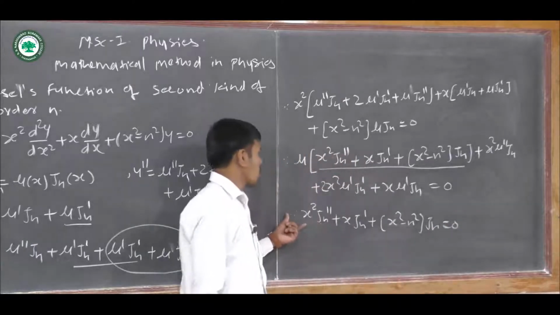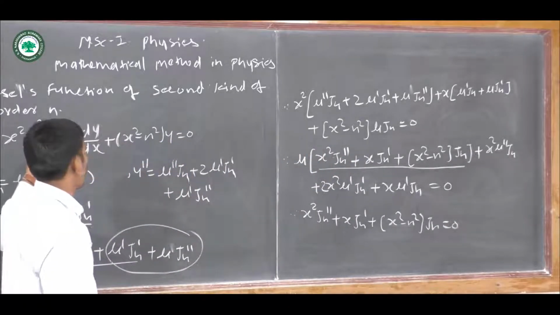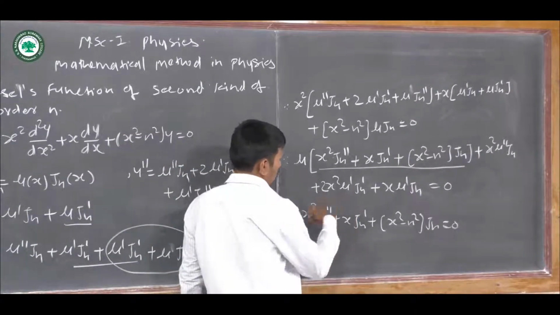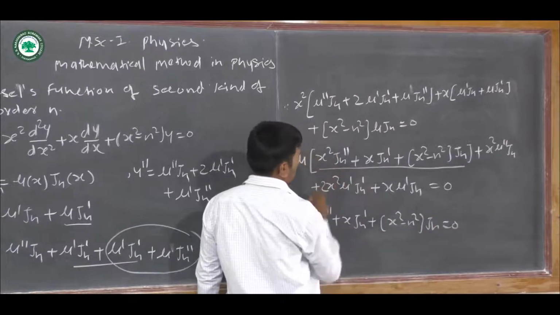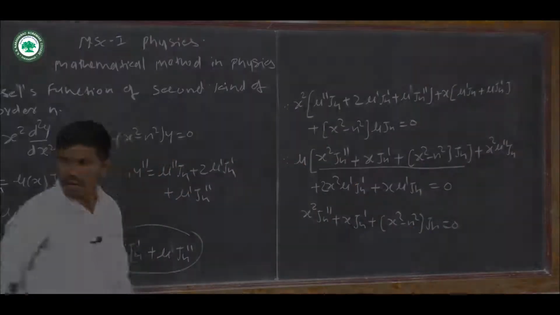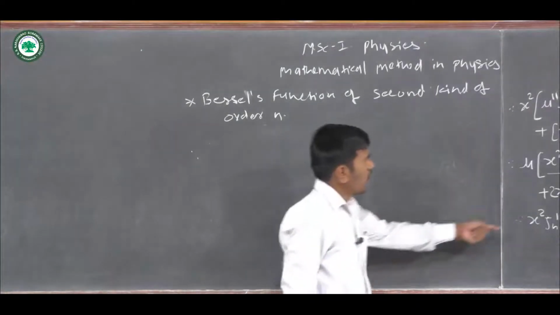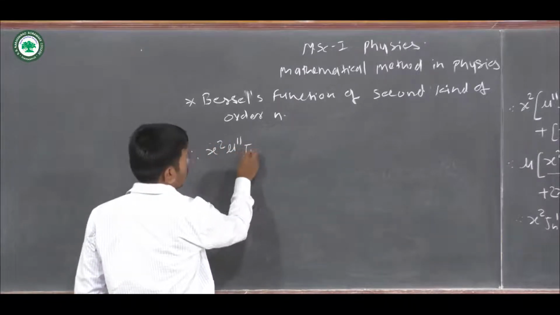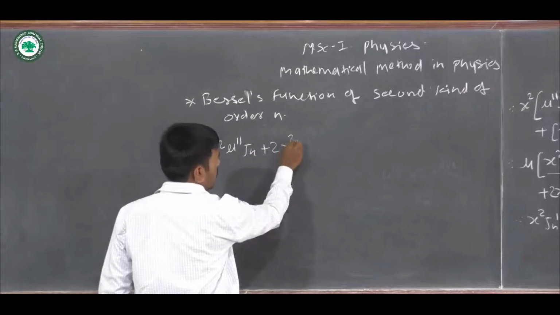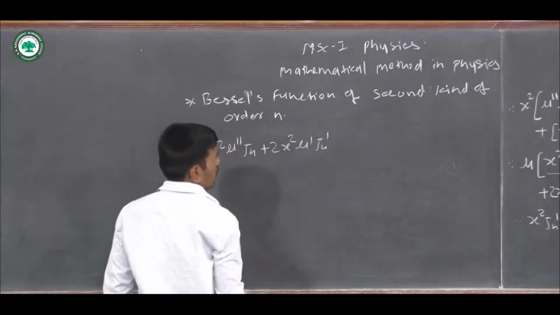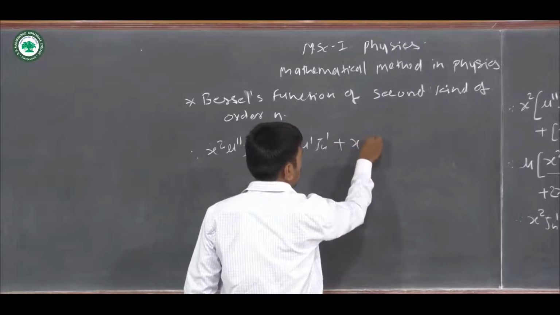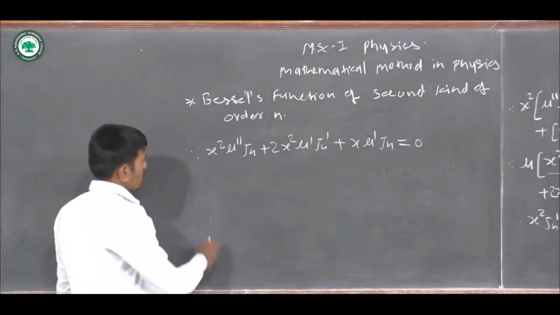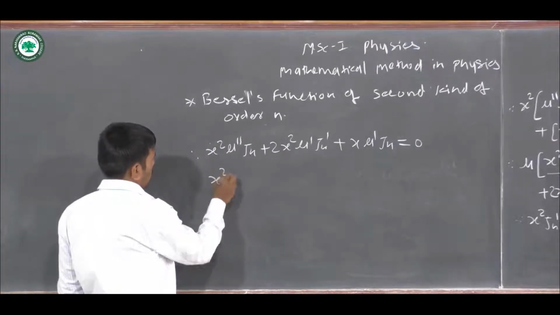Okay, so this is the Bessel differential equation, and this J_n is a solution of it. So this is equal to 0. If this is equal to 0, we can write x² u'' J_n plus 2x² u' J_n' plus x u' J_n is equal to 0. For this equation, just divide by x²